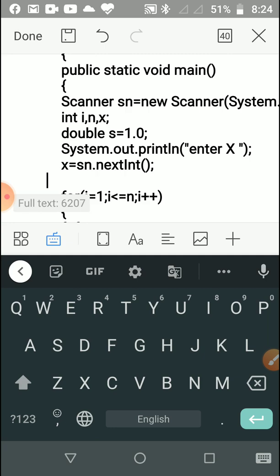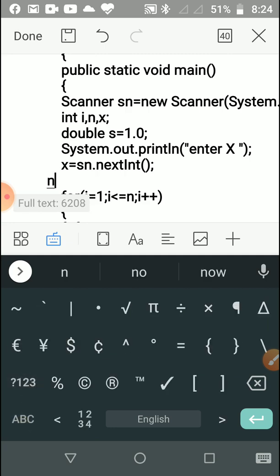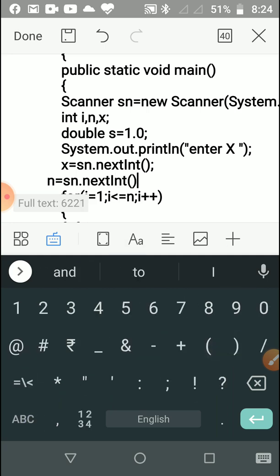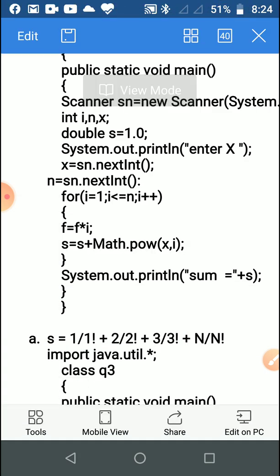Enter, then n equal to sc dot nextInt function semicolon. This way we will input x and n. x is to the power 1, power 2, up to n terms.